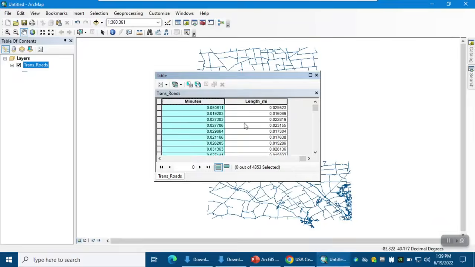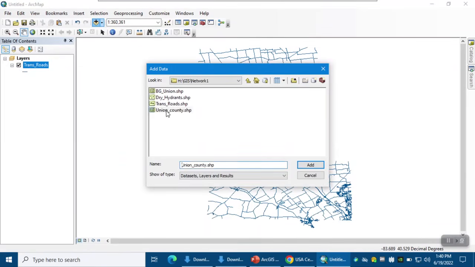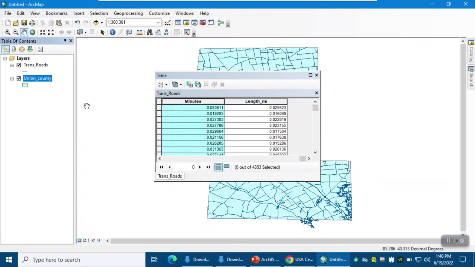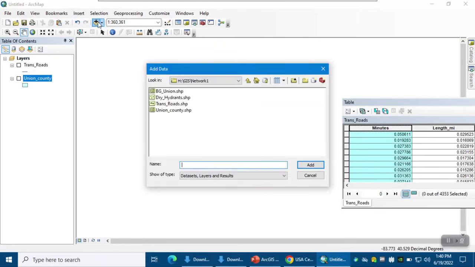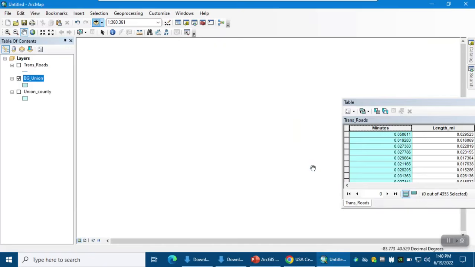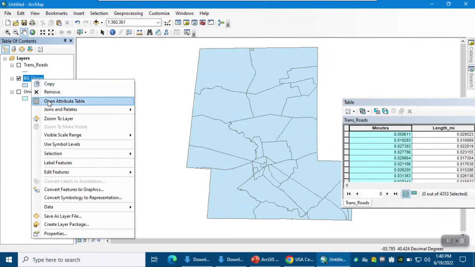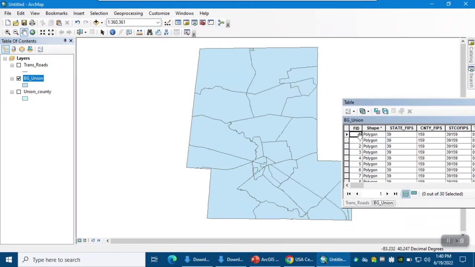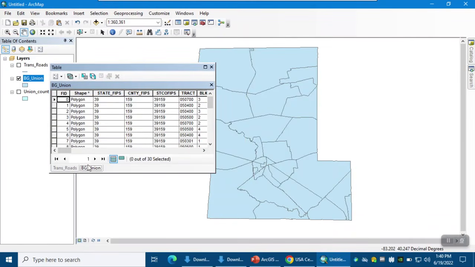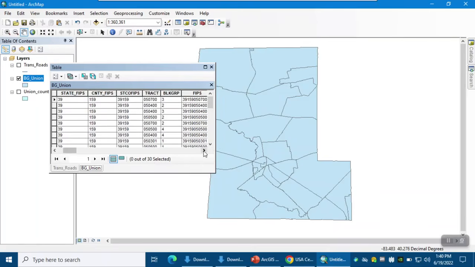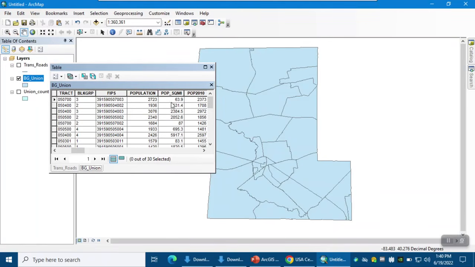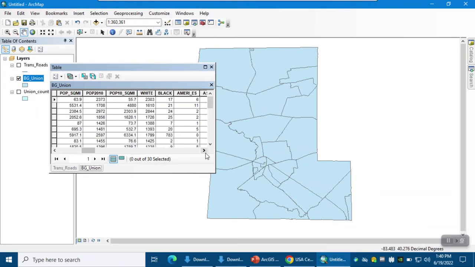County shapefile. So I had the shapefile for the Union County, which is this one, and also I have the block group Union County. Okay, so I clipped that with this Union County. So I have the information for the block group Union County. If I right click on that, open attribute table, you can see that we have 30 block groups in this county, and also for each one we have, for example, population information, population per square mile, for